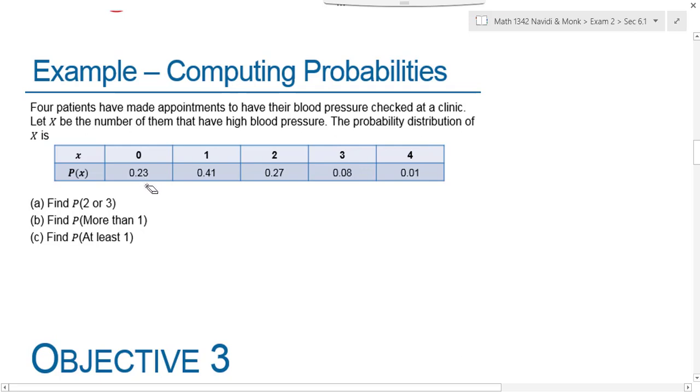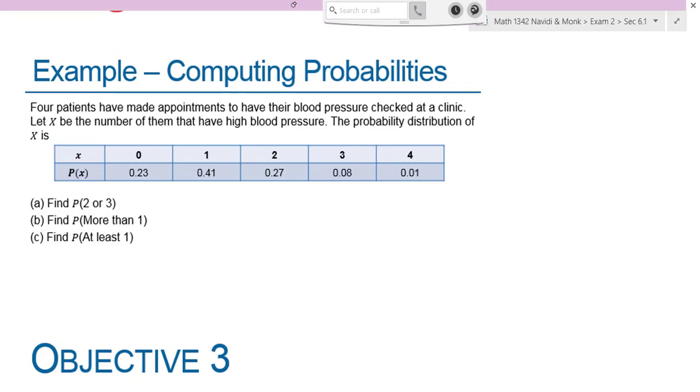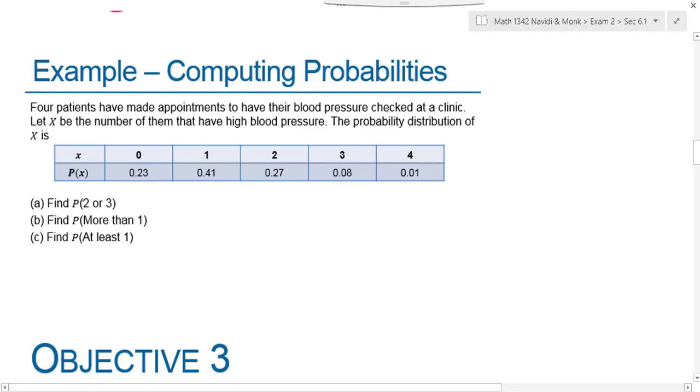Here's the probability that none of the patients have high blood pressure. This is the probability that exactly 1. Do you see how to read the table? So the first part of this question says to find the probability that either 2 or 3 of the patients